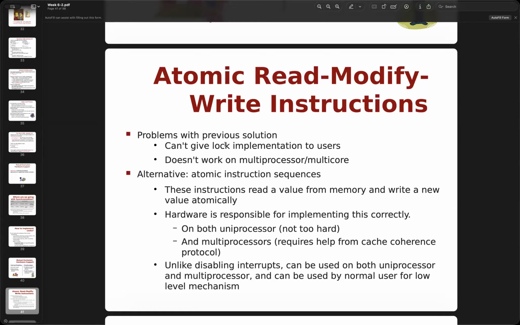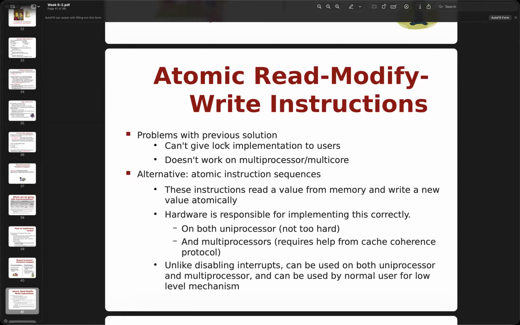The hardware is responsible for implementing this correctly, on both uniprocessor, which is easy, and more importantly multiprocessor, multi-cores, because we require help from the cache coherence protocol.